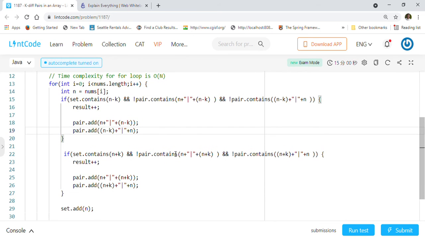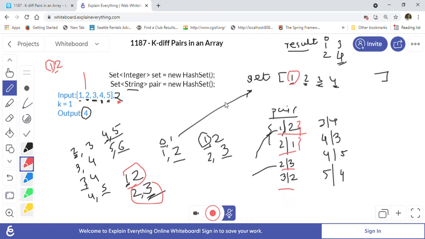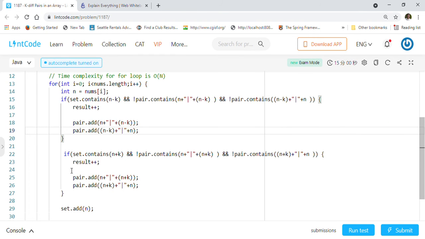And here we will check the n. So one pair, for example, if we are looking at number 2, is you will subtract 1 from 2, right? So this can be one pair, or you will add 1 to the 2, which is becoming 2 comma 3. So these both pairs we have to check. So in this second if condition, I am checking the next one, n plus k, which is 2 plus 1, basically 3. So that's what we are checking, right?